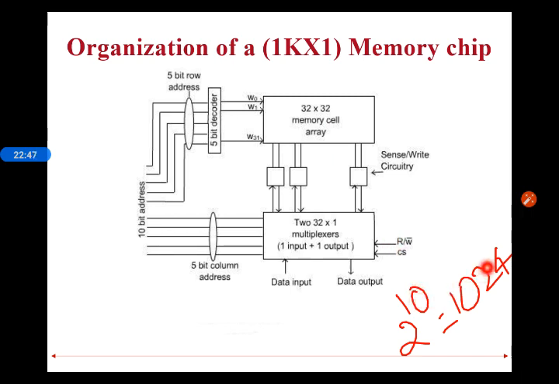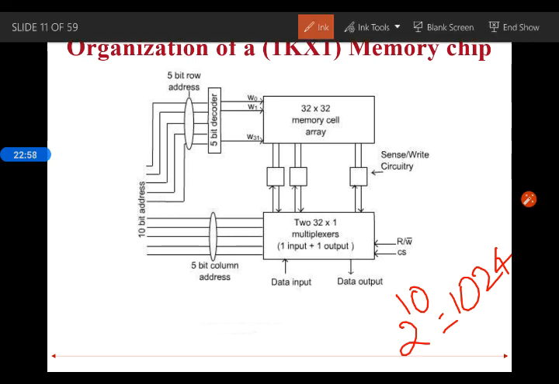Okay, that many bits are there. See, in this case we are deriving only 1 bit, so this will act as only 1 line. Only 1 output or input line is there, so only 1 data line. Let us say it is B0. Okay, only 1 data line is there.